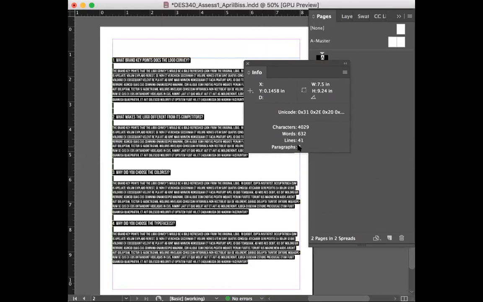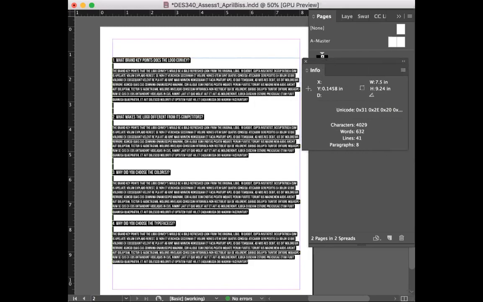Lines of text, paragraphs. I think that just counts the returns that are in there, so it's actually counting 2 in between. But this is 632 words, way over what you need to do. You just need to do 250 at least. But there you go, learn something new today, Thomas. You can do word count in InDesign.